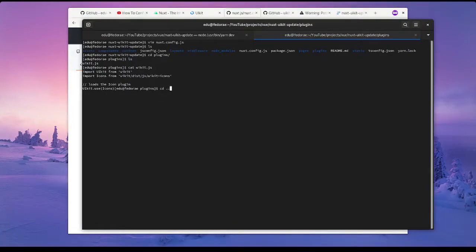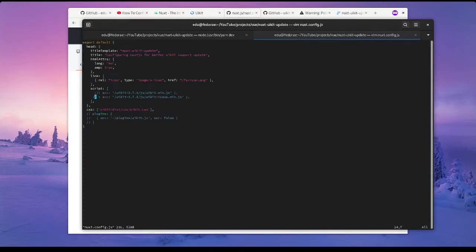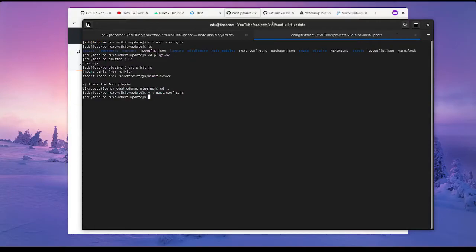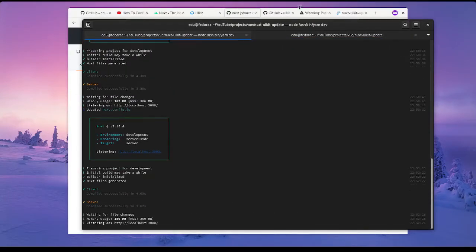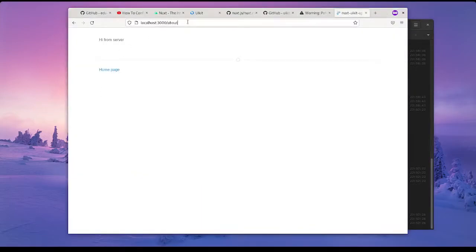So I'm gonna cd back out here, and I'm gonna vim the nuxt config file, and see I already had it in here, but I actually just commented it out because I know that it doesn't work the way that it should. But I'm just gonna put it back so you guys can see exactly what happens. So if I write that, and all right, so if I go here now and refresh this, you can see that it loads, but what happens is that it disappears for a minute,